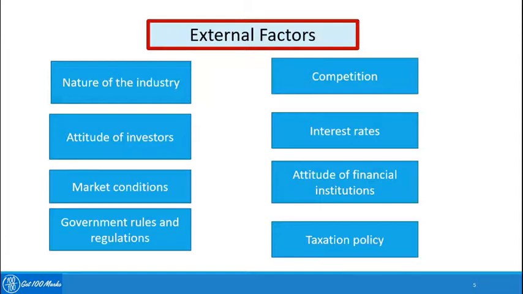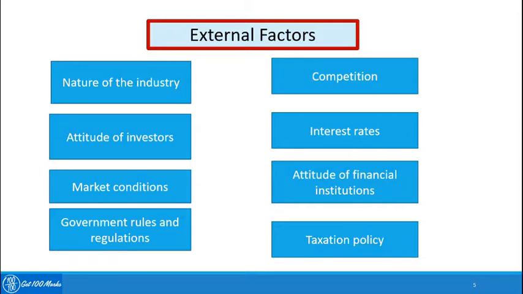Interest rates obviously are the interest rates prevalent in the market, and by that we mean the borrowing and the lending rates. If the lending rates are high, the investors would want to lend more, but the borrowers may be unwilling to borrow as much money. So there has to be a balance struck between their requirements. Attitude of financial institutions. Financial institutions are the ones which provide loans or external finance. It means the risk bearing capacity of the financial institutions, and the way they look at the credibility of the organization.